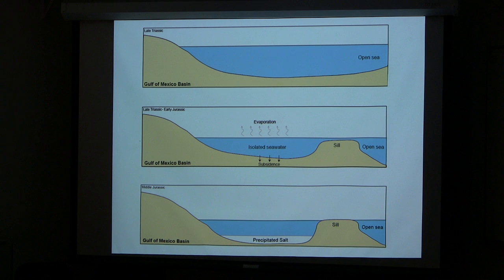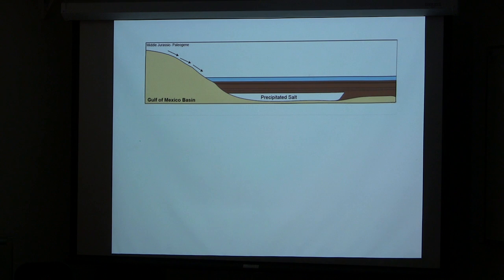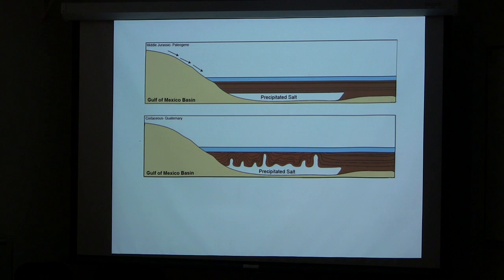So this, over time, led to the accumulation of a really extensive, several kilometer thick salt sequence in the Gulf of Mexico basin that we know today as the Louann Salt. And then after the Middle Jurassic, and largely through the Cretaceous as well as the Paleogene, large volumes of sediment were deposited on top of this precipitated salt layer. So they were deposited as well as precipitated. And this large volume of sediment led to an increase in the overlying pressure that's acting upon this salt layer. And this pressure, as well as this sediment overloading, led to the formation of these salt domes within the Gulf